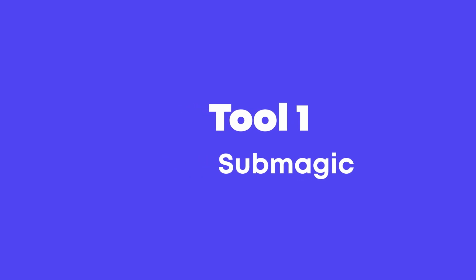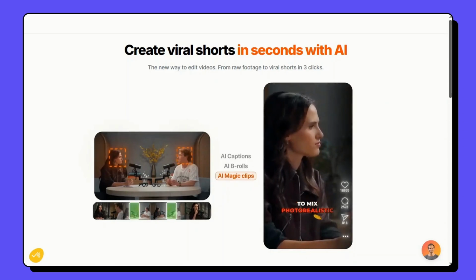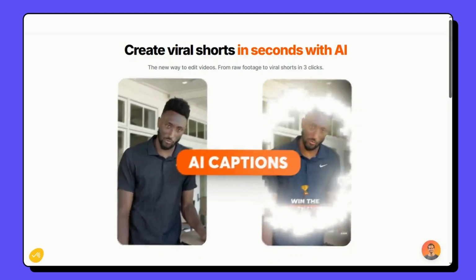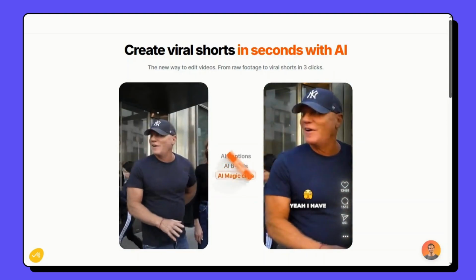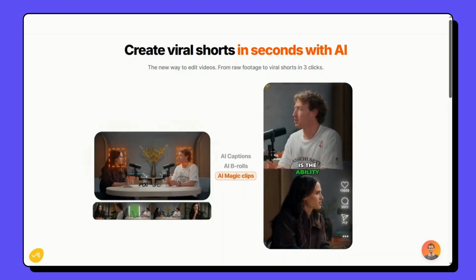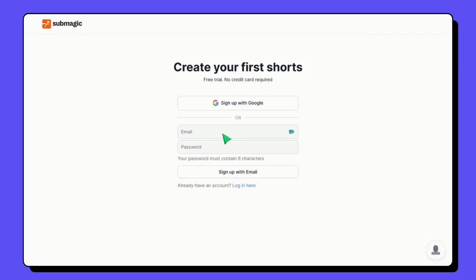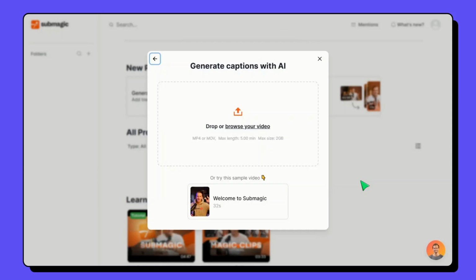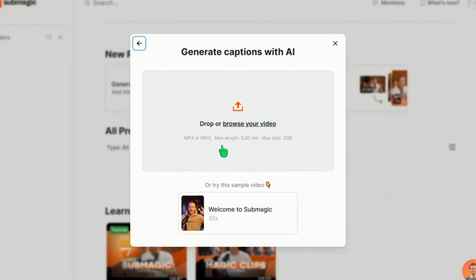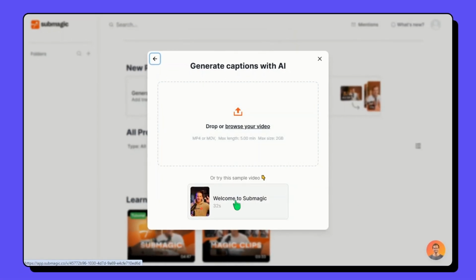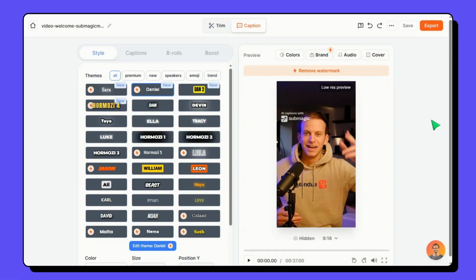Submagic. Add captions and effects. Submagic makes short videos pop with AI-powered captions, B-rolls, zooms, and sound effects in just 3 minutes. Here's how. Go to submagic.co and sign up for a free trial with your email. Takes 30 seconds. Upload a short video clip, aim for 15 to 60 seconds, MP4 format, from your phone or computer. Submagic's AI scans it, adds animated captions with trendy fonts, removes awkward silences, and inserts zooms or sound effects